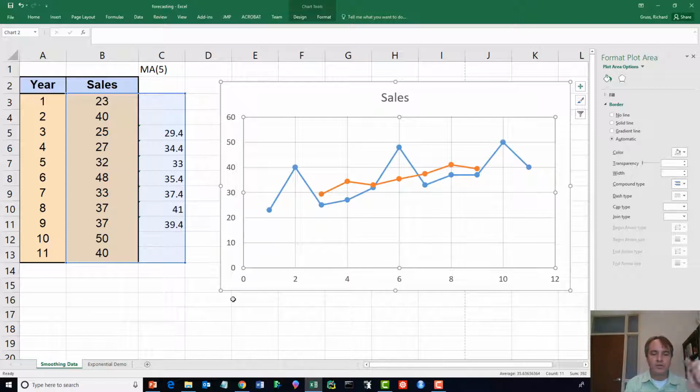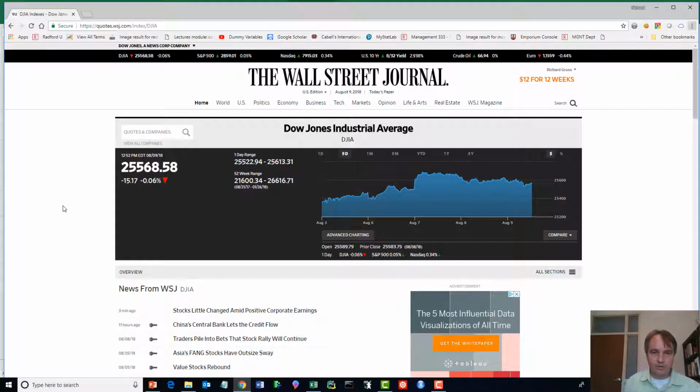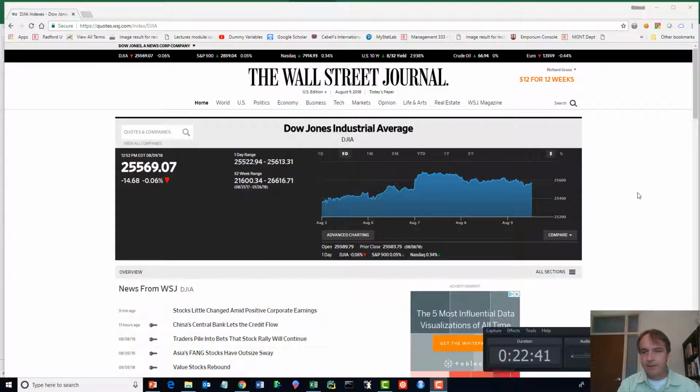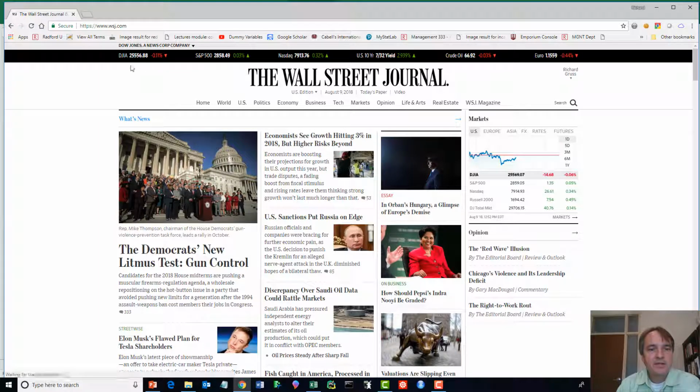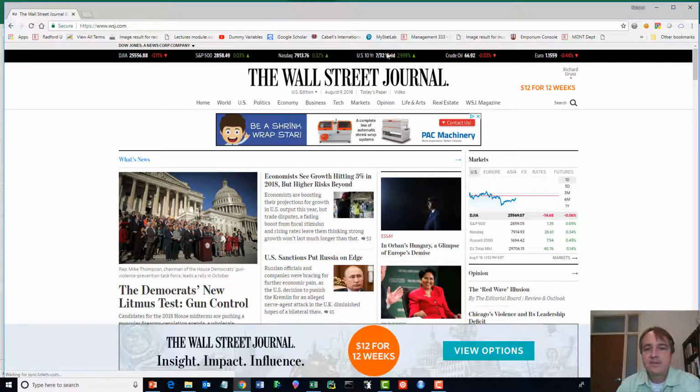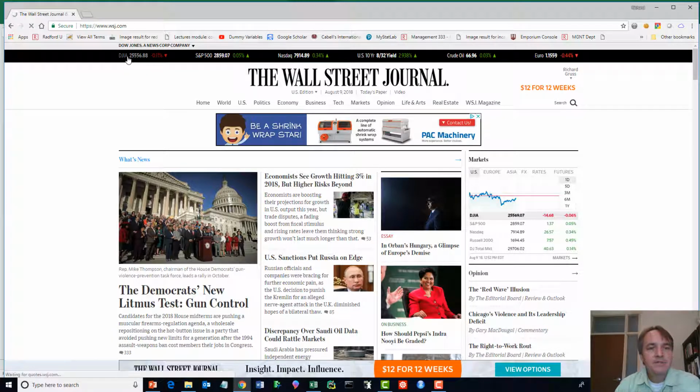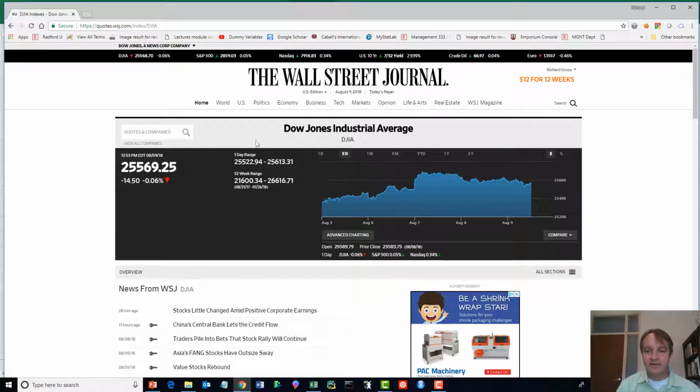I want to show you where you can use this in the real world. I don't know if you have a subscription to the Wall Street Journal, but if you do, this is something that you can play with. If you come directly off the home page, there are these links to various market indexes up here, and we're just going to come to the Dow Jones, and they give you this nice time series of the Dow Jones